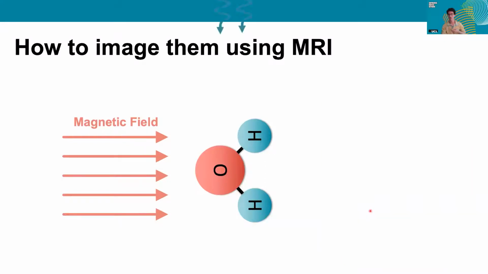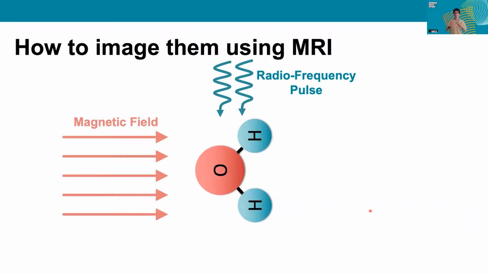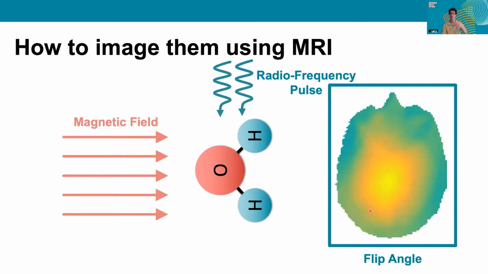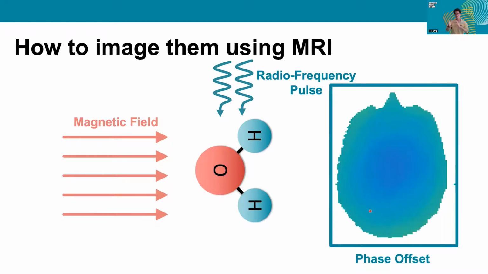Now, for the electric properties, to actually get a signal, you need to excite these hydrogen spins again from their aligned positions perpendicular out of alignment. And when they relax back into alignment, that is when you achieve a signal in MRI. This excitation flips the spins, and this flip is not uniform precisely because the tissue has electromagnetic or electric tissue properties, so conductivity and permittivity. We can measure that flip angle, which will tell us something about them, as well as a phase offset, which may be difficult to see on the screen, but there is a slight gradient here because of these electric tissue properties.